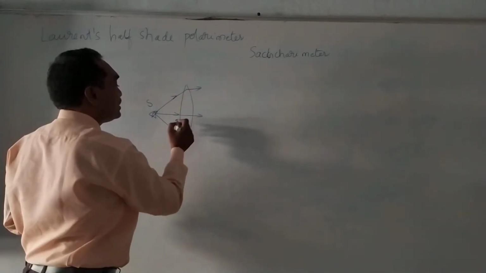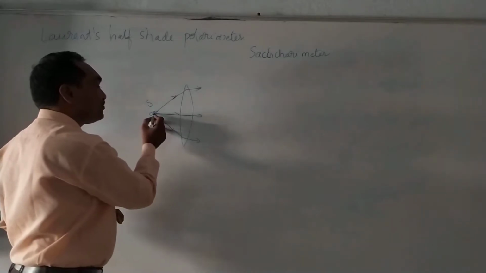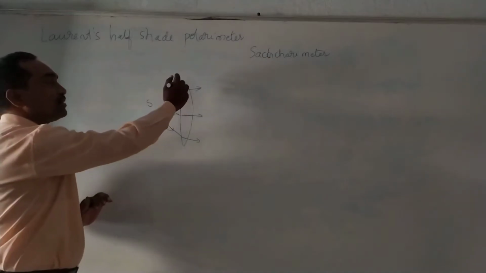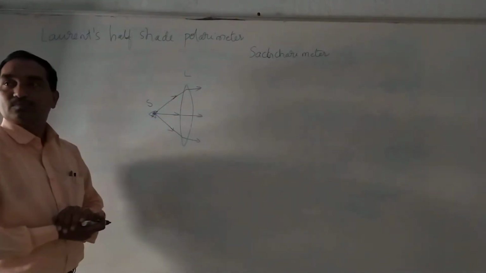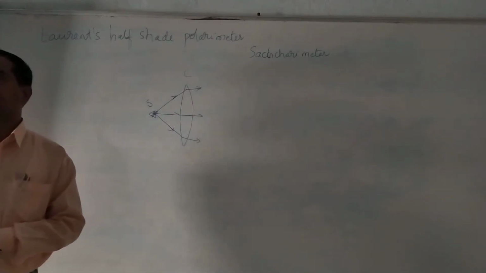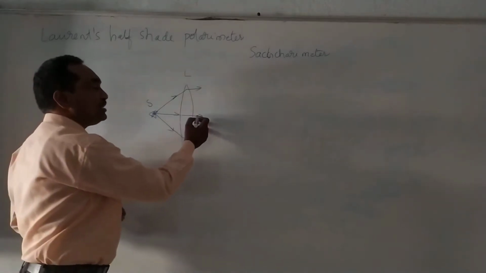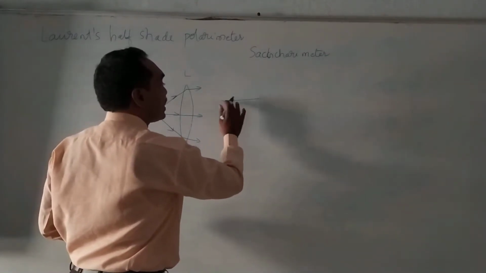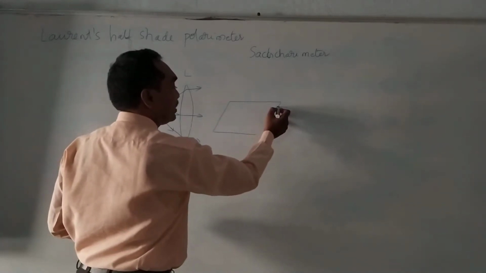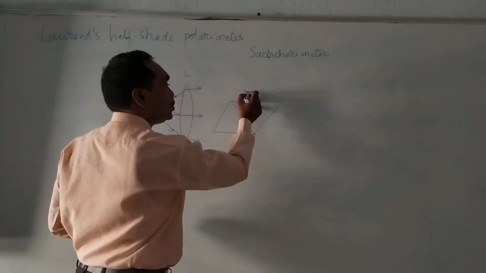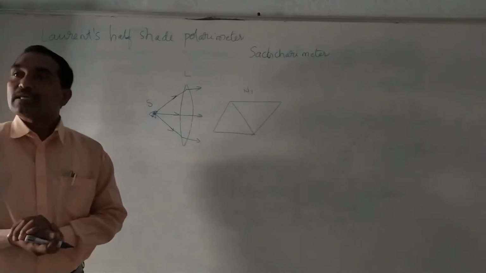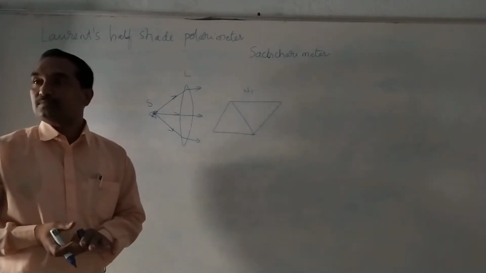What happens with the convex lens? The principal focus of the convex lens is at the source S. The rays coming out of the convex lens are parallel rays. So the convex lens renders a parallel beam from the source of light. This light is incident on the Nicol prism N1. When this ordinary light passes through the Nicol prism N1, the emerging light is plane polarized light.